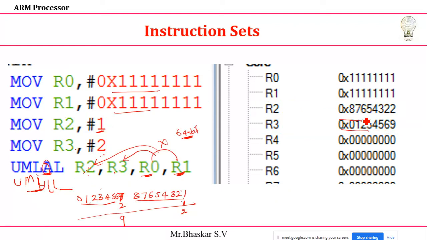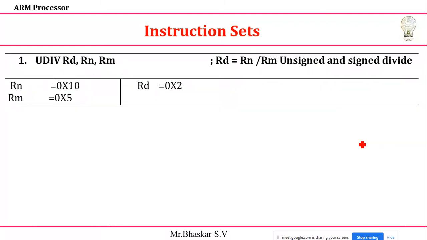Clear about this one? So we already did this one. Here we also get two divisions, unsigned division and signed division. It's very simple: Rd, Rn, and Rm. Rn divided by Rm, and the quotient will be stored in my Rd register. You can see, very simple. If I take the Rn value as 10 and Rm as 5, I'll get the value 2. Rn value 10 divided by Rm value 5: 5 twos are 10. This value will be stored in my Rd register.